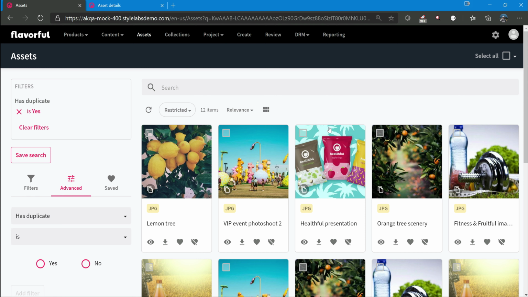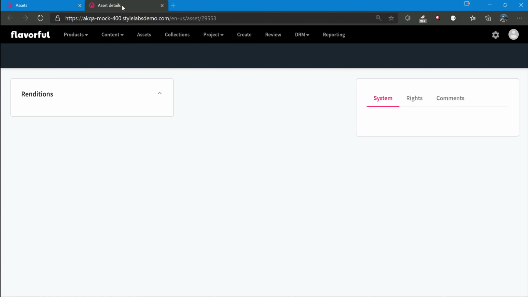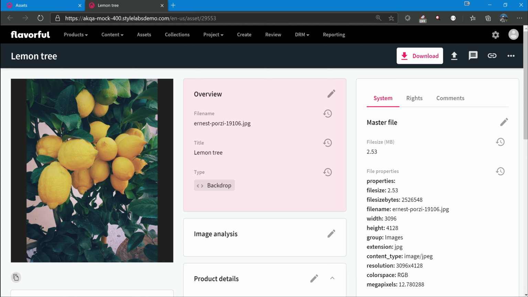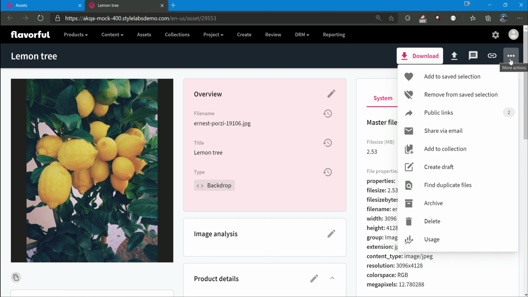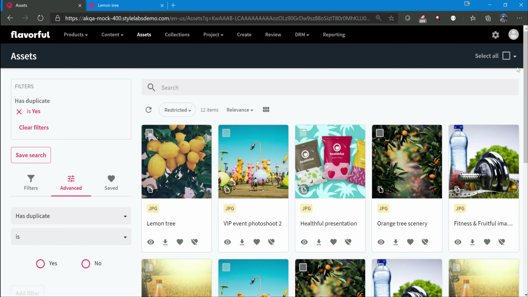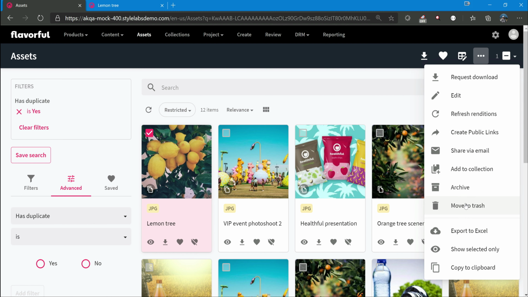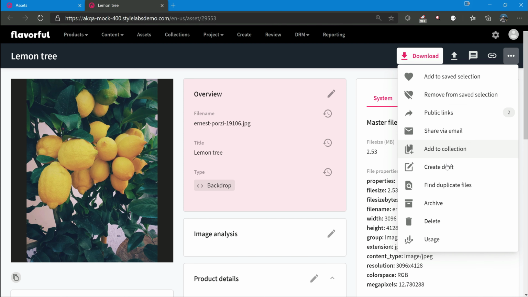We can delete from here itself on the landing page, but I want to show you how it works here. So we have one more duplicate file, but let's delete this one. So you can go ahead and delete here. This is again an option enabled in the page configuration, so you can delete directly here, or we can select any one and move to trash.